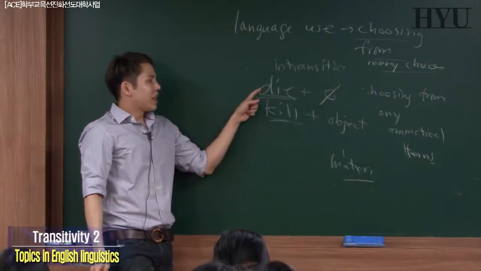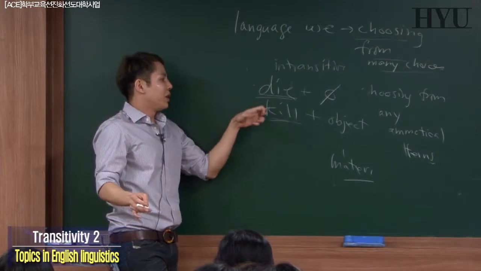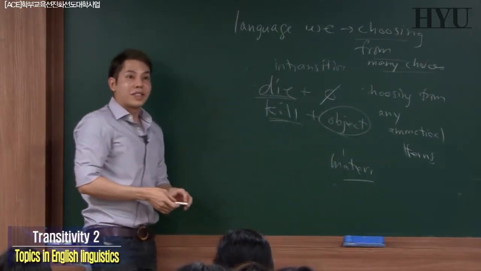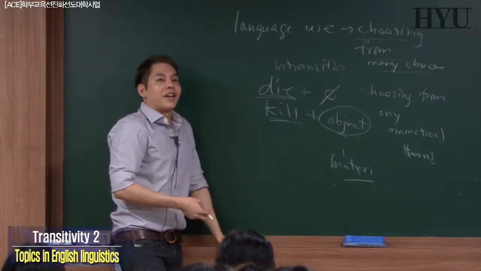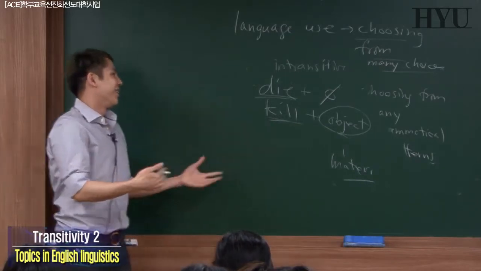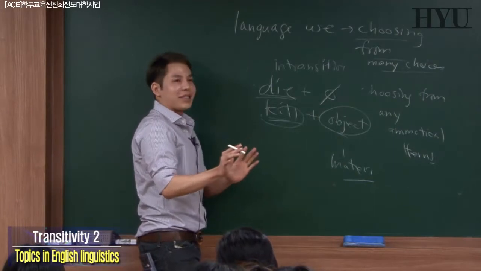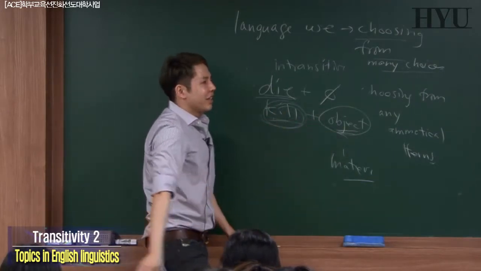So when you use die, the end result is the same. But when you use kill, there must be an object, almost always, unless you say, something like, what do you do for a living? I kill, like that. That one might be an exception, but generally speaking, kill must have an object. Okay, so